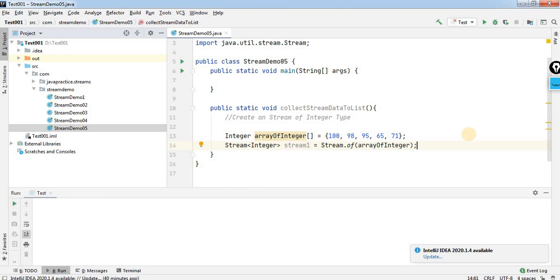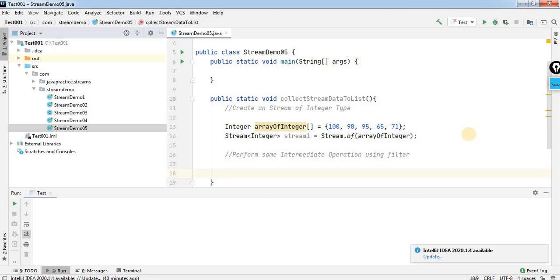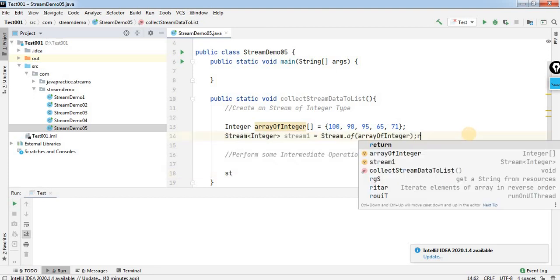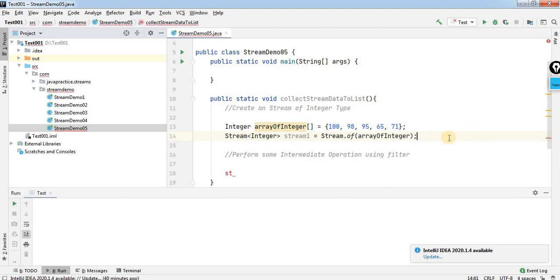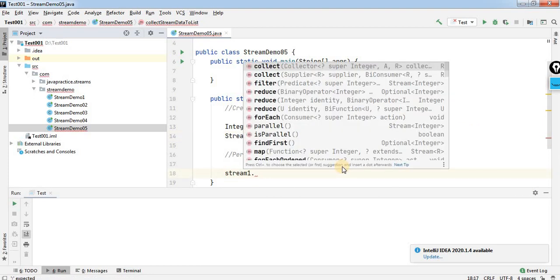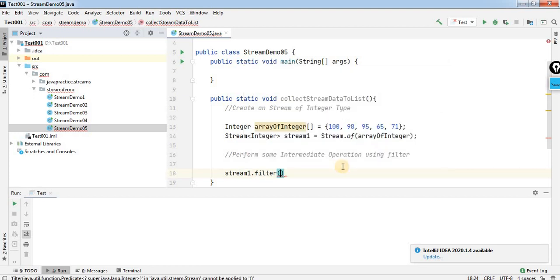Now we are going to perform some intermediate operation using filter on stream1. So I will use this stream1, dot, do we have the filter method? Yes. Now my criterion is that I want only the numbers greater than 90 to be available.